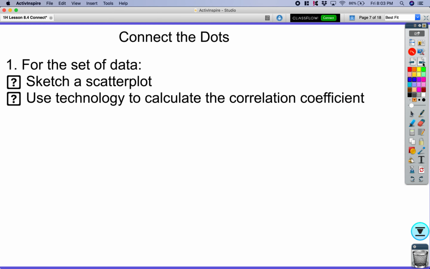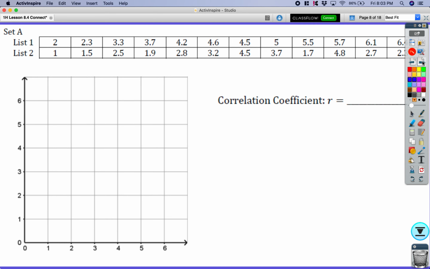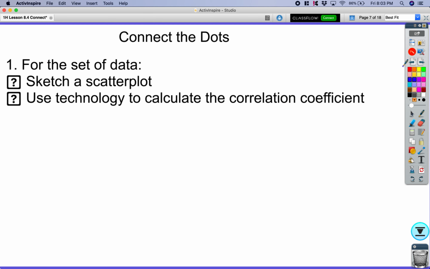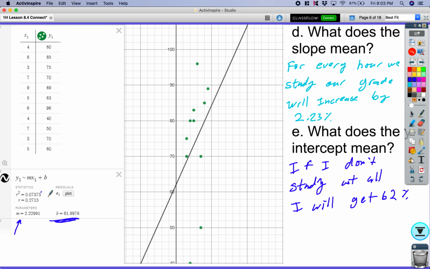So now over here it says connect the dots. So that was our introduction to it. So what we're going to do now is really explore this idea of this R variable and what it represents. Remember, we're going to be talking about the strength of it. So if I looked at my previous one, I had this very low number. It was, where's my R? It was